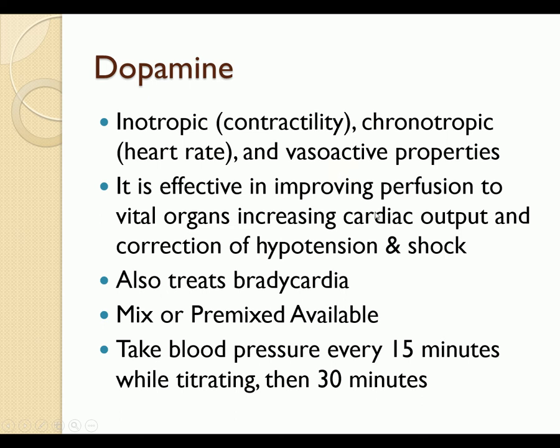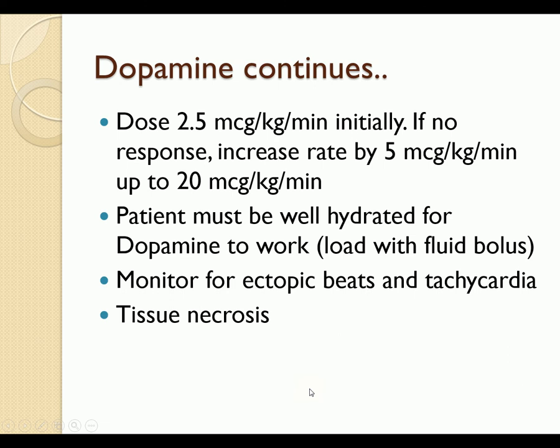Now, this one is effective in improving perfusion, correction of hypotension and shock, and also helps with bradycardia. It comes mixed or pre-mixed, same scenario with your vitals, every 15 while titrating, and then every 30. With this one, the dose again is 2.5 max initially up to 20, but instead of increasing it only by 1 mic per kilogram per minute like we were doing on dopamine with